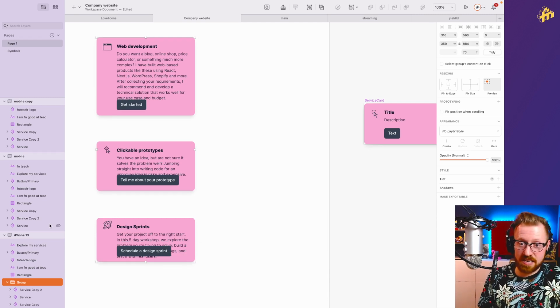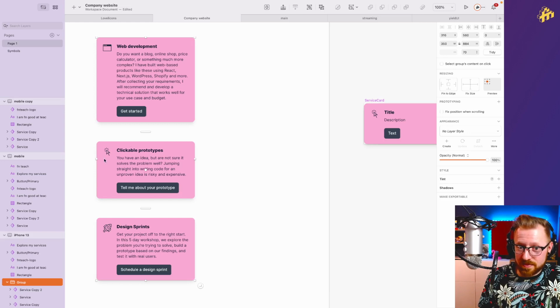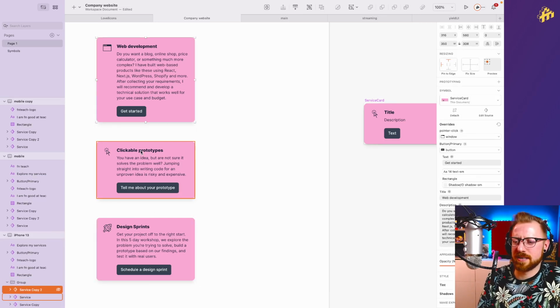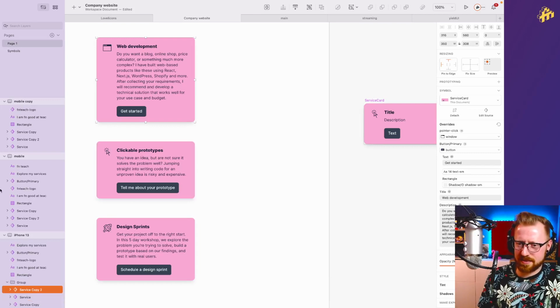Okay, so at this point, I'd venture a guess and say it's not possible to use a gap property between these components in Sketch. As nice as it is for this one component to resize when the content changes, that doesn't have any effect on its siblings, on the neighboring components. So the distance between those, I will still have to update manually, which